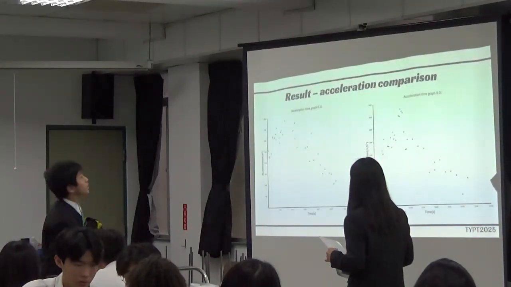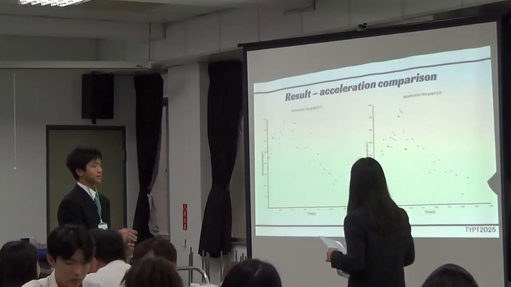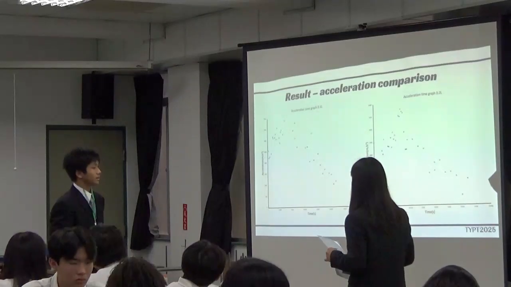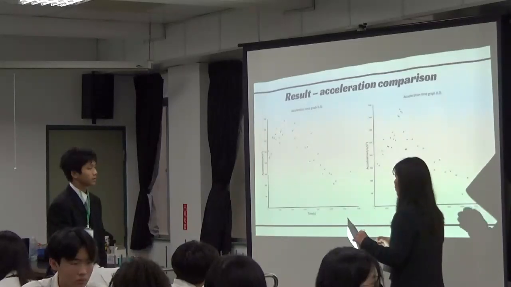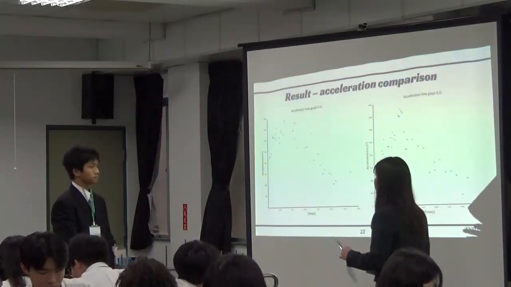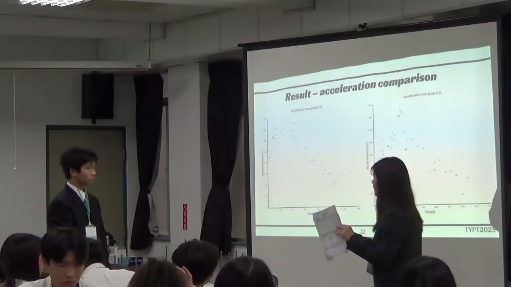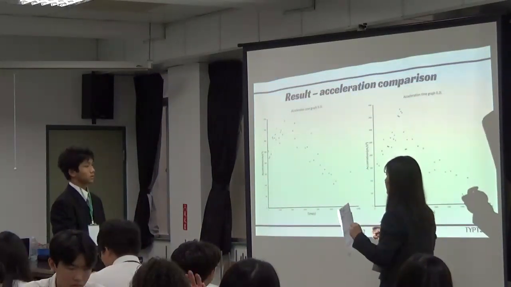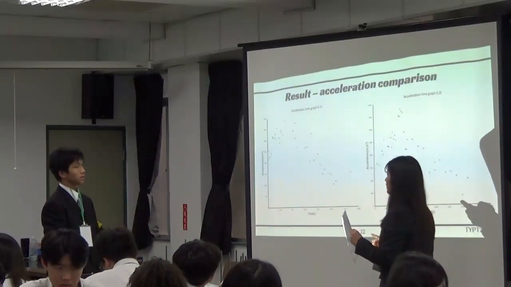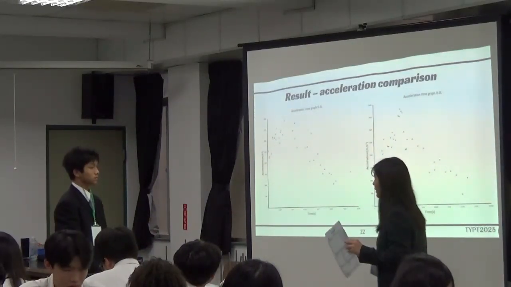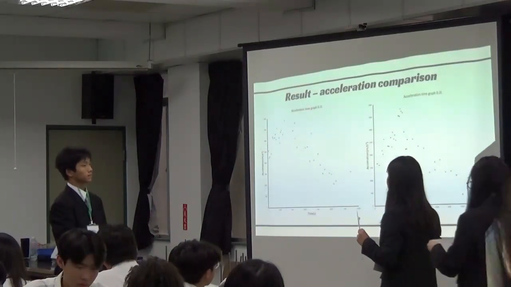So you mean when the water inside the water bottle is decreased, the energy will also decrease. No, I mean that because you use the water volume as your manipulated variable, when your water volume increases, it will also affect the weight of the water. So it will create a force pulling down, and your thrust, which causes the acceleration of the water bottle rocket, will be offset. So do you think that